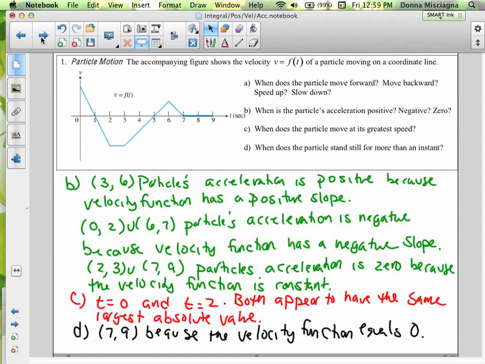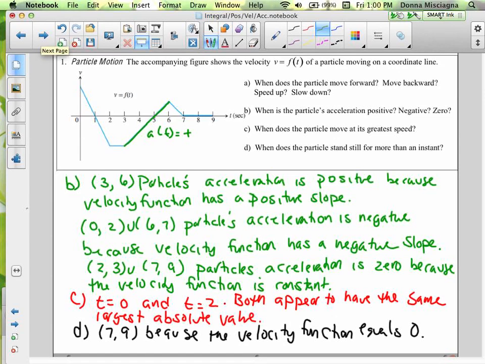Our acceleration is positive because the velocity curve has a positive slope, right there, from 3 to 6. So a of t is positive. And then our velocity is going to have a negative slope